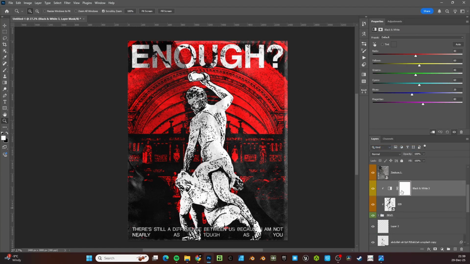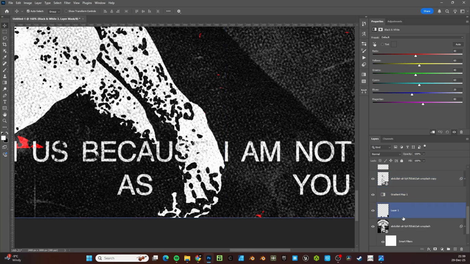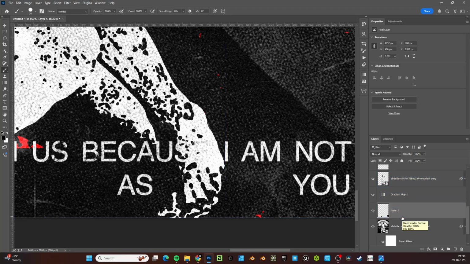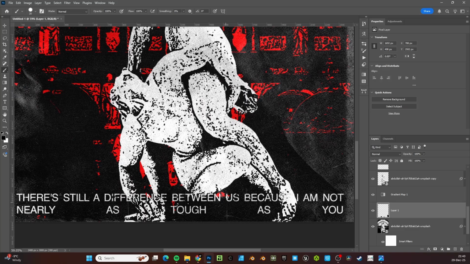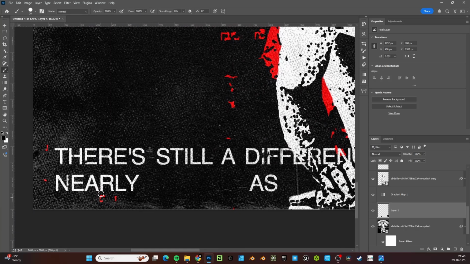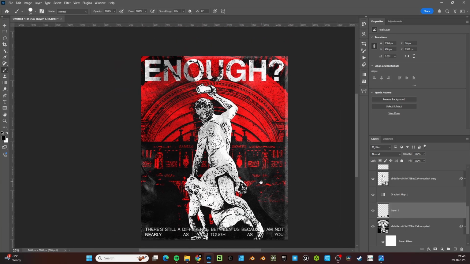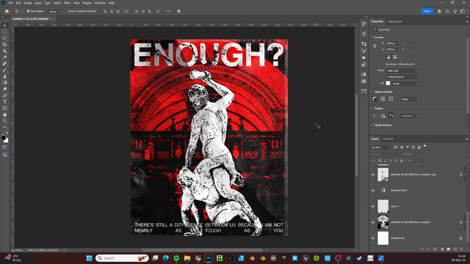Let's delete the square. We got the text, and over here I notice that there's a dot that I don't want there, so let's paint it black. Let's zoom out and see if there's something else that needs to be painted. Maybe these ones here and around here, and these ones. Now everything looks cohesive, and as you can see, in less than 10 minutes I was able to create a